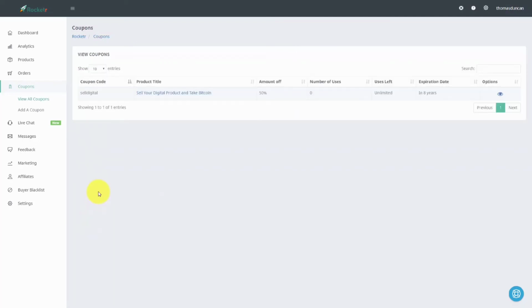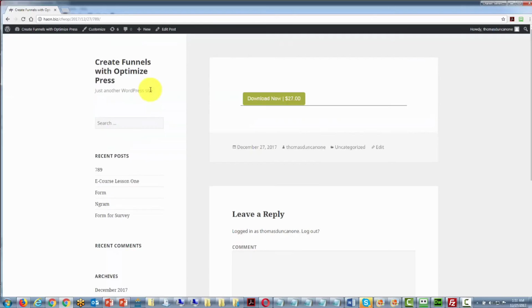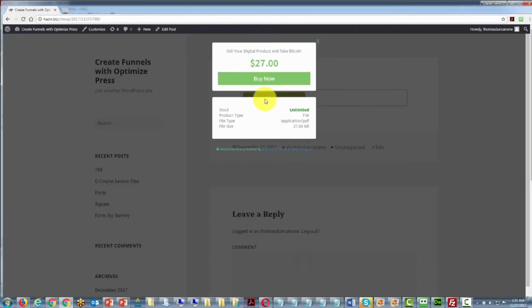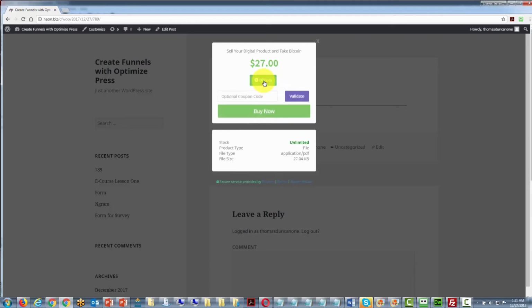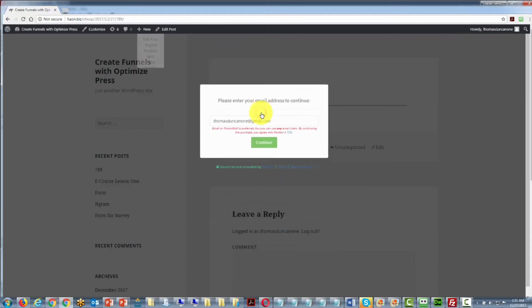So the coupon that we want to give our client is going to be the name Sell Digital, just as we see it there. So when our customer actually goes to hit our pay button, they're going to click it. They're going to then click Buy Now. And then they're going to be shown a place where they can put their coupon code. We're going to go ahead and place our coupon code in there. Actually, they're going to click Validate. They're going to get 50% off, and then they're going to be able to click the Buy Now button